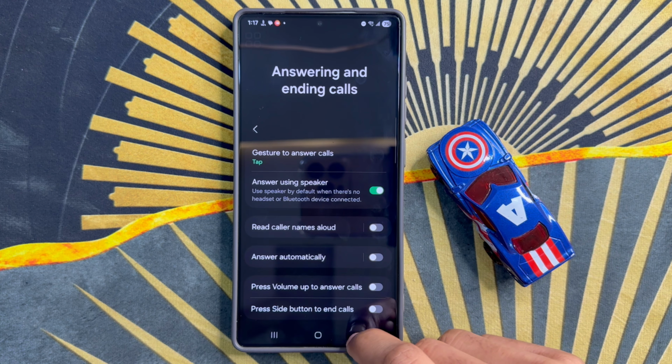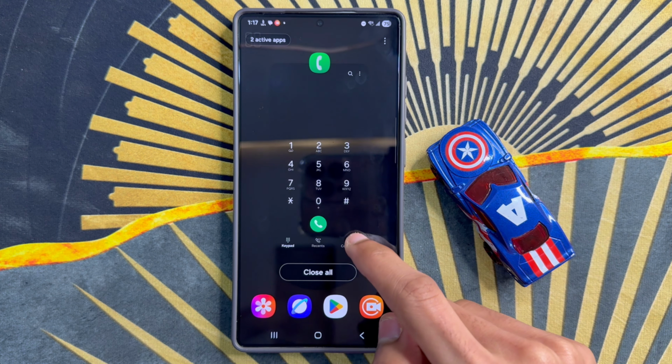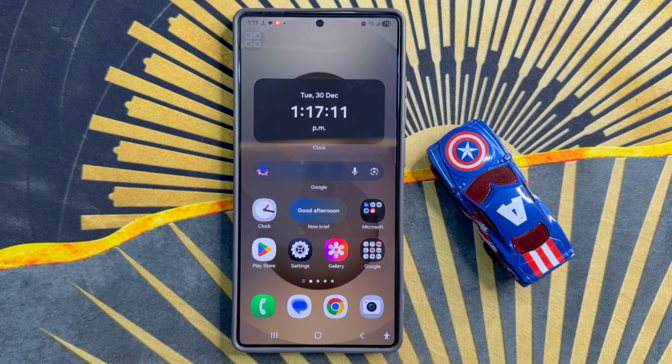After the process, go back to home screen, refresh phone. So that's how you can turn on or turn off read caller name allowed on Samsung